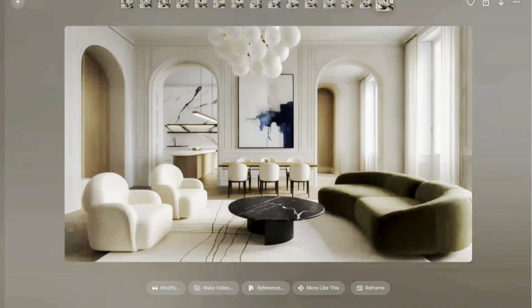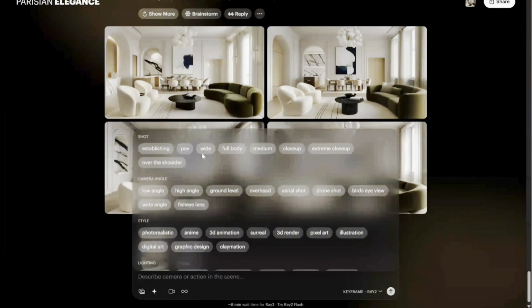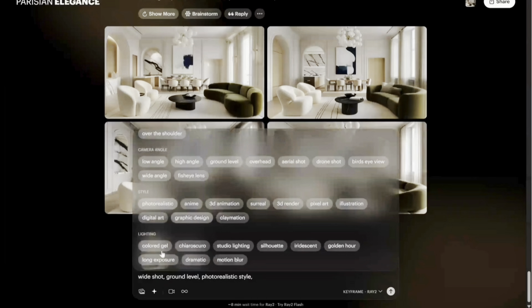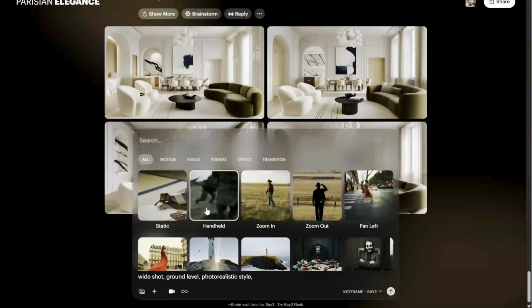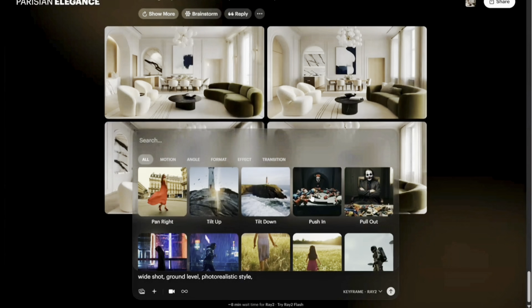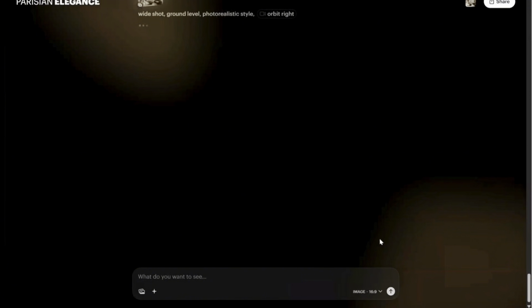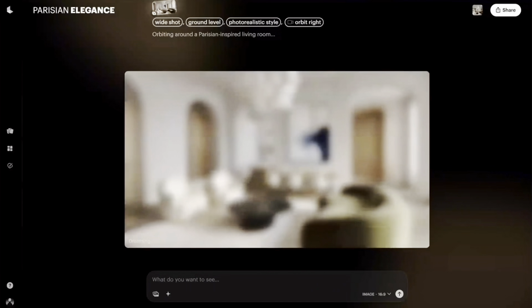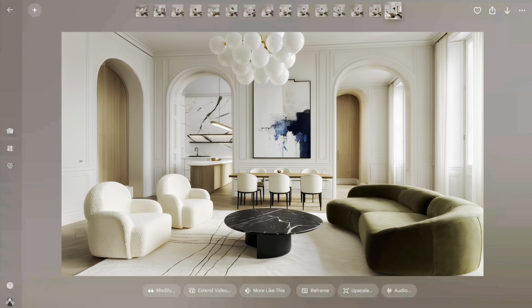So now I'm going to show you how to make a video. To do that, I'm just going to click over to make videos, and you want to click onto this star sign, which gives you all the prompts for making a video, which is so helpful. So I'm just going to select wide shot, ground level, and then photorealistic style. And then when you hover over the camera mark, this is where you can choose how the camera should move in your video, which is so crazy. I'm going to choose the one that's called orbit right, and let's see what it comes out with. The rendering process is super fast, and within like 2 minutes, it created this fantastic animated video of the space